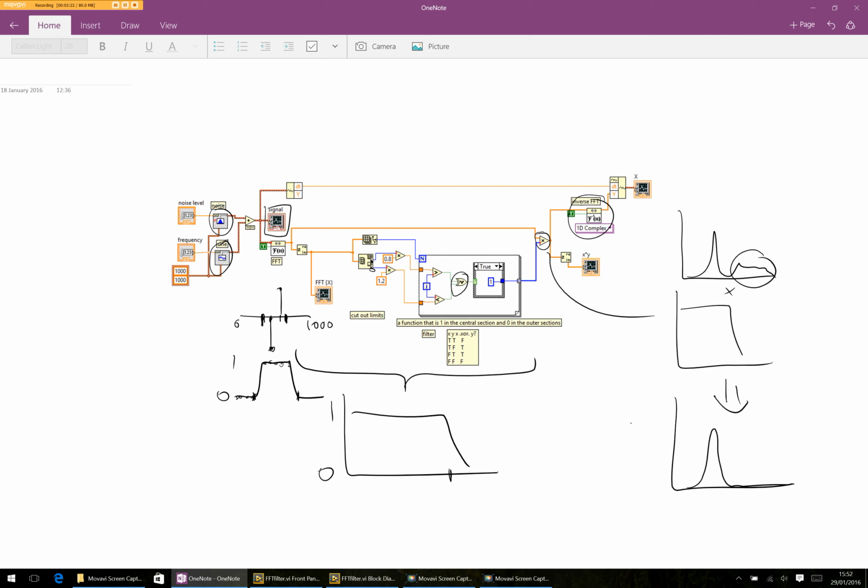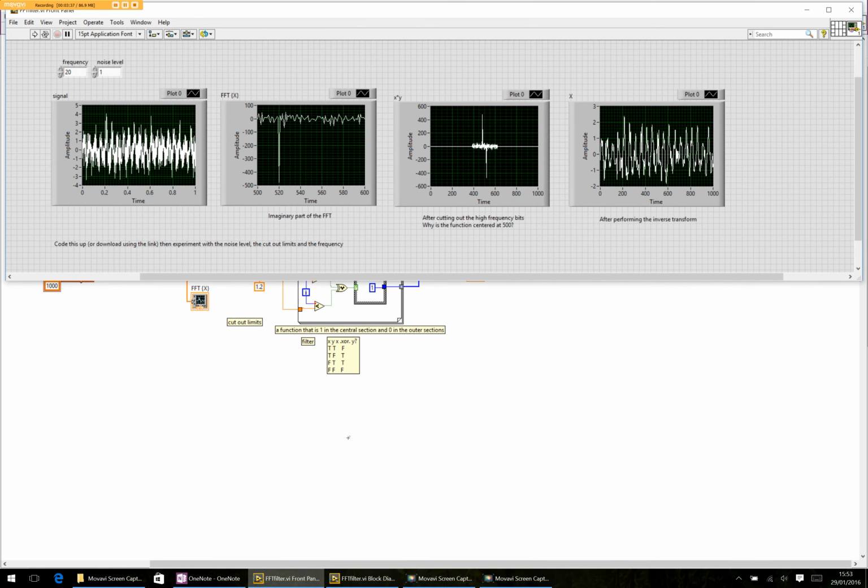We have to convert here from an array with no dimension to an array with dimension. So we use the time step of the original time series. So let's have a look at the front panel to see this working. So we have a function here with a certain amount of noise. Take the Fourier transform, this is the imaginary part of that, multiplied by our step function, and then return the original function. So if we run this,